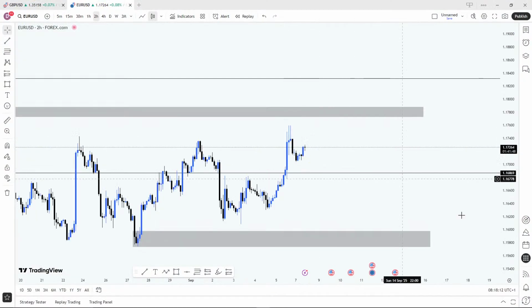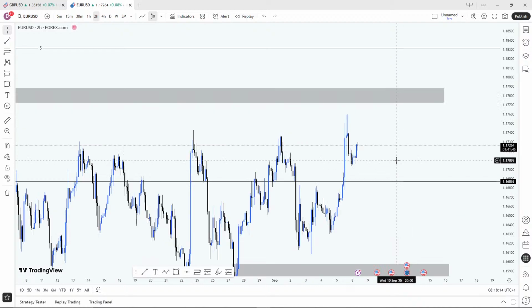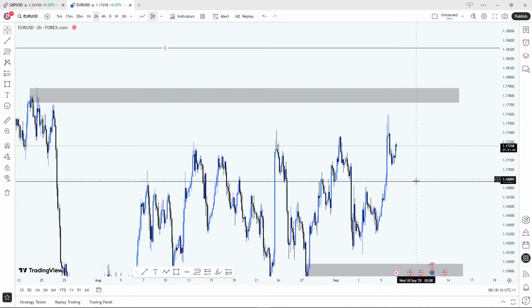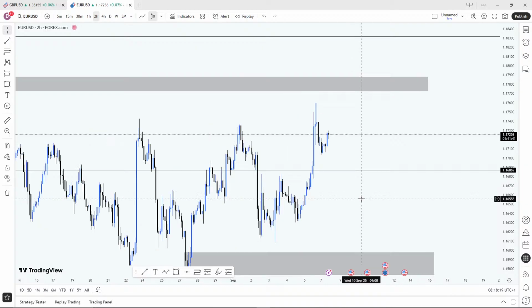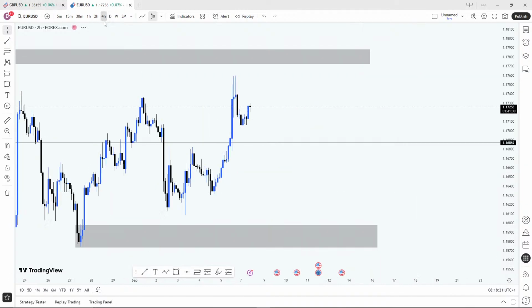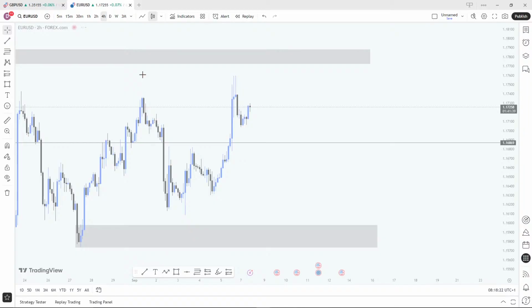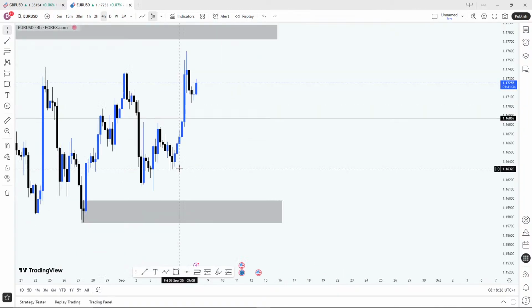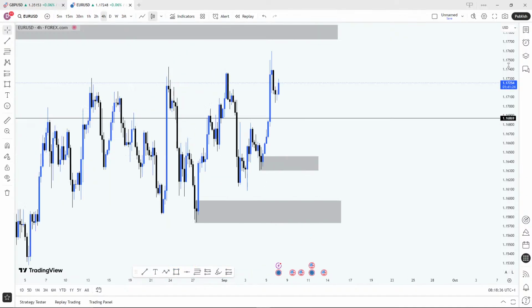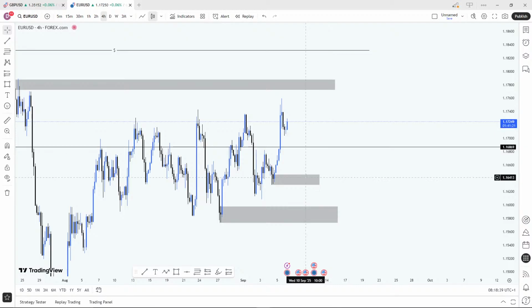Now, on Euro USD, I'm still going to expect buys. And the possible buy zone for this very market on the 4 hour is this order block right here, the last bearish candle. This is a zone this market can get to and then buy from. It can sell, get here, then buy. This is a breakaway it's buying from. If it decides to go down, it's going to get here, then buy.